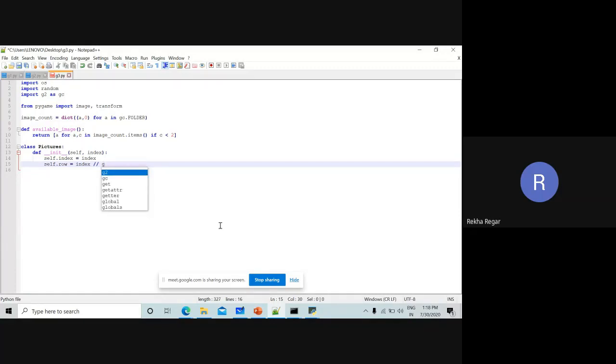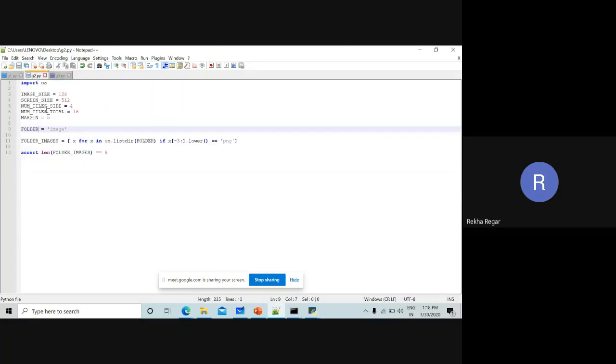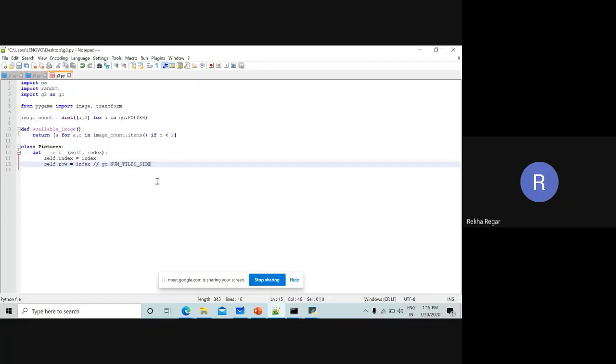So the number of tiles is in the file gc, and the variable is num_tiles, and aside you can see this is the variable. So it means we are getting the total number of rows of 3, 1 0 1 2 and 3, 4 values. After that we have to get the column also.